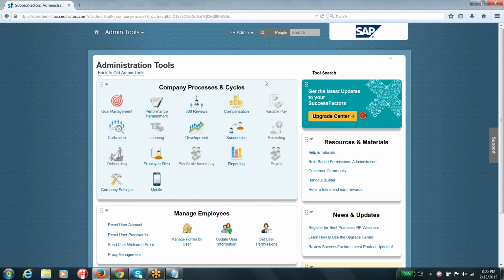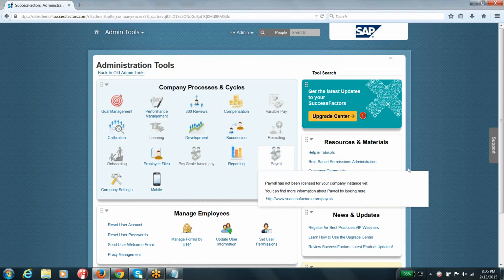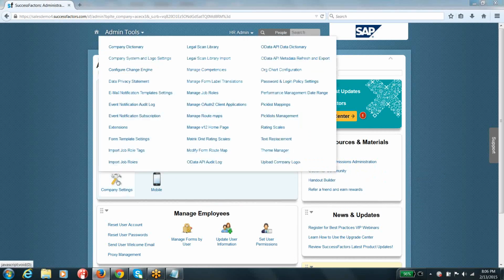In order to configure your rating scales, you have to go to your administration tools. Once you go to the administration tools, go to your company settings, guys. Here you can see an option called company settings. If you go to company settings, there is an option called manage rating scales. Click on this, select rating scales.